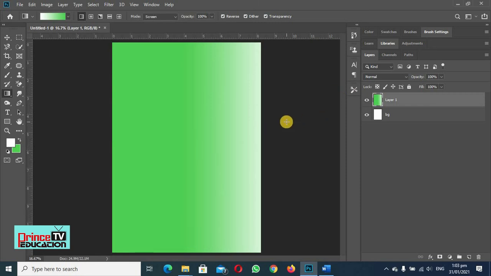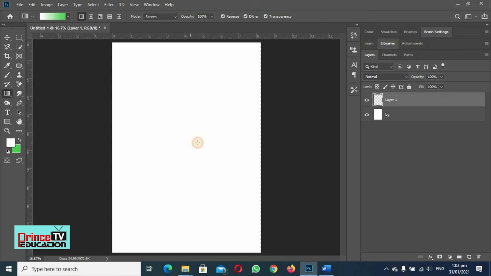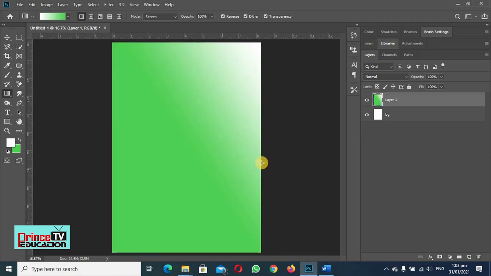But if you are not pressing Shift, this line will move in any direction, so it will not remain linear, and you can see the gradient is not uniform on the image.